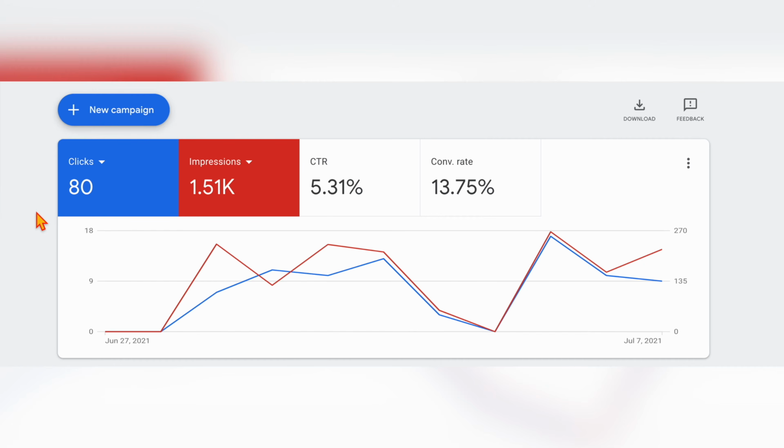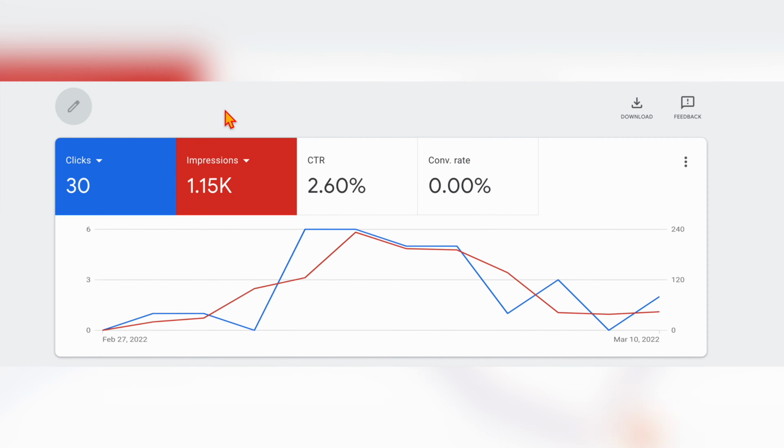Now, this is the campaign that successfully passed its initial learning phase through Google. And as you can see through here, these first 7 days was the initial test. And then as it moves into its second week, the clicks and the impressions were at the same rate. Now, you don't need to worry about this little part because this client actually paused their ads over the weekend. Now, when we move over to the second campaign, and this is the campaign that did not pass the initial learning phase, you can actually see through here in the first 7 days, this campaign got a lot of clicks and impressions, but then it rapidly dropped away.